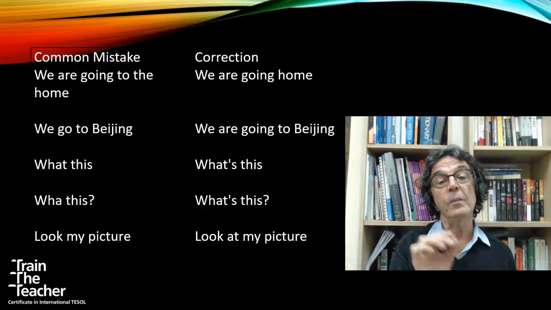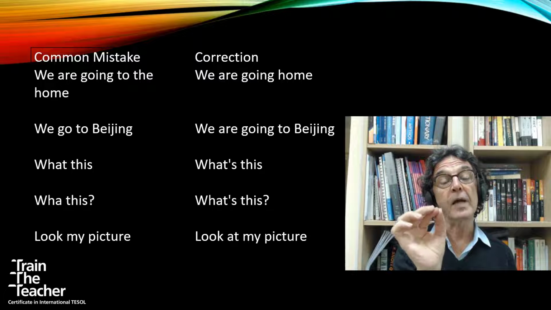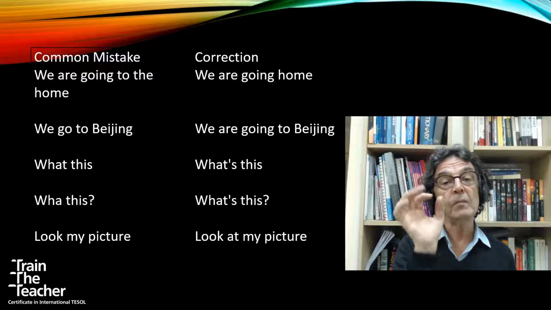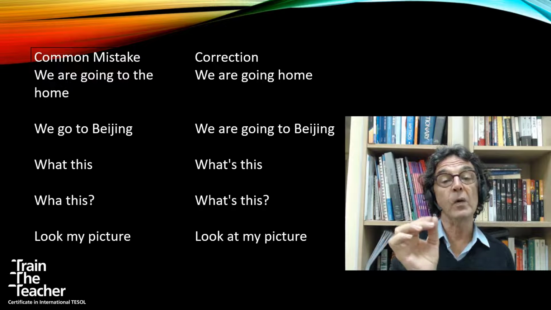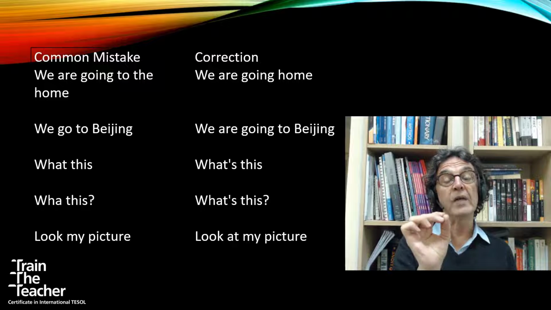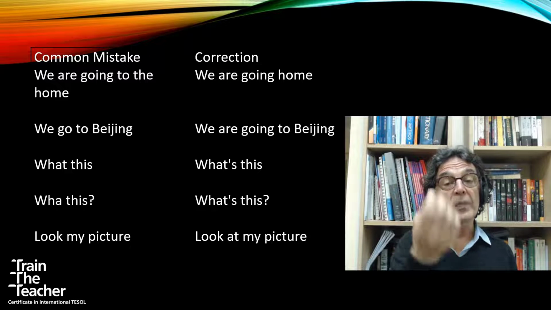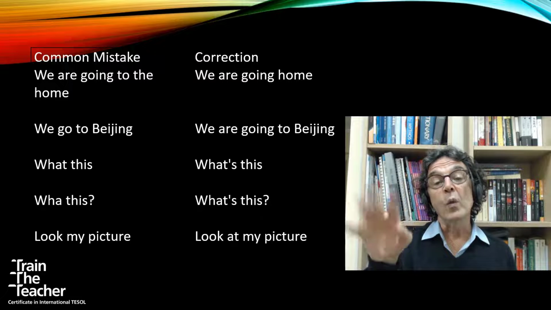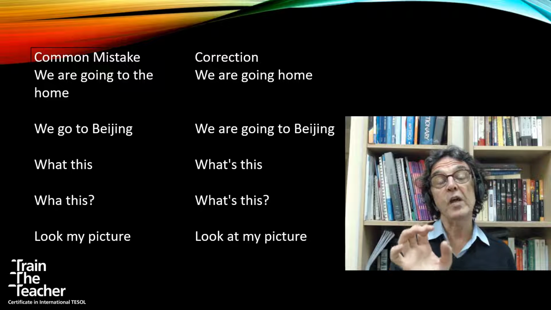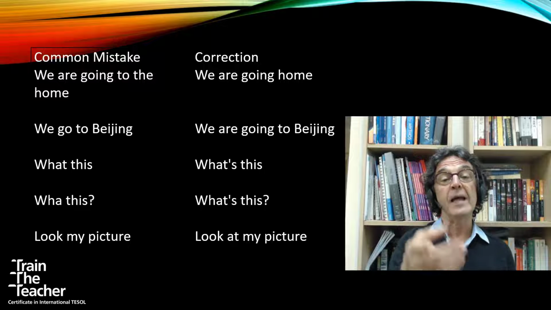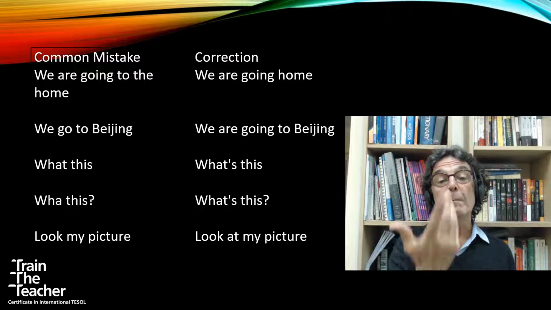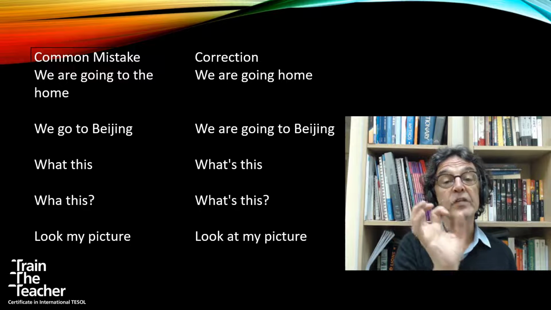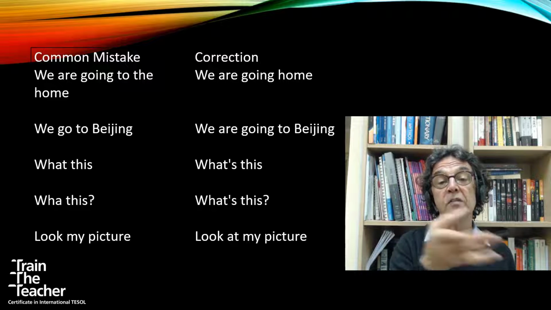The second meaning could be you've already got a timetable. It's already scheduled. It's fixed. You're going with a group of people. It's determined already. You all know about it, and that becomes "we go to Beijing". So if you're referring to a timetabled event, you would say "we go to Beijing on the 19th", for example. Whereas "we are going to Beijing" is not about the schedule. Yeah. "We are going to Beijing" is about a decision that you've made and a plan that you have made. So it's more personal than "we go to Beijing", which is a scheduled event. Let's have a look at the next one.